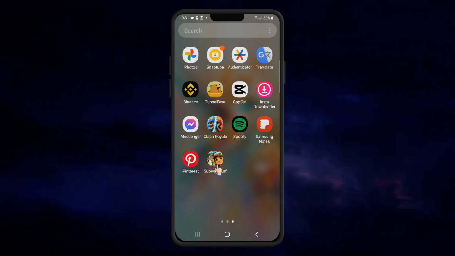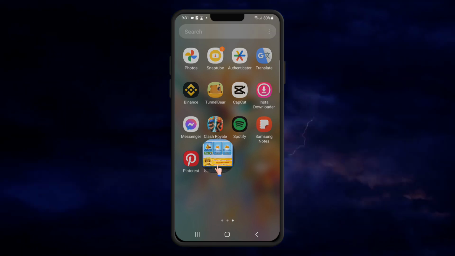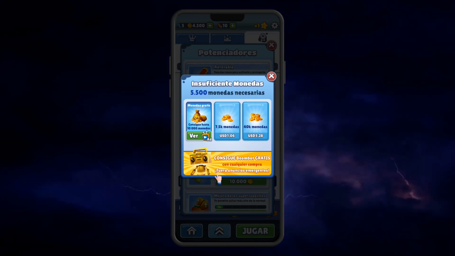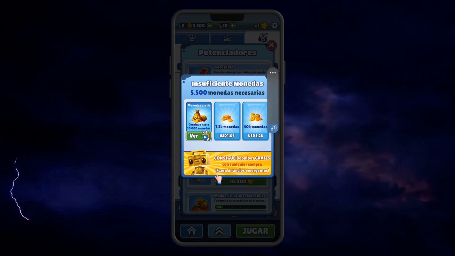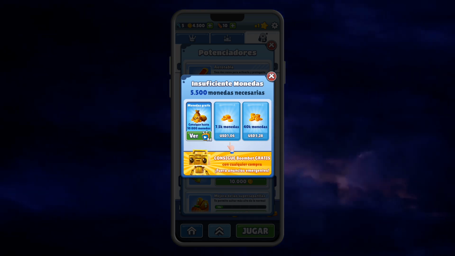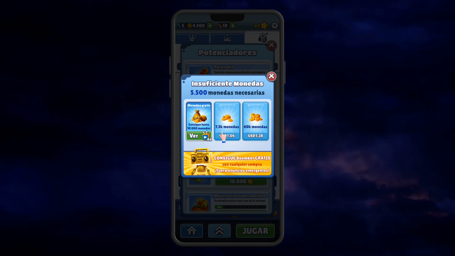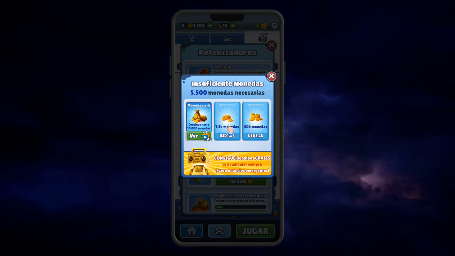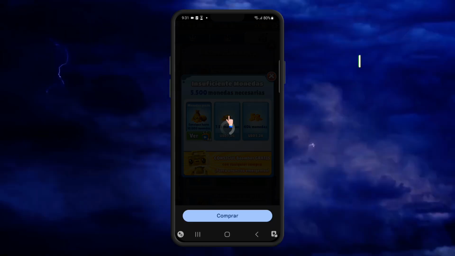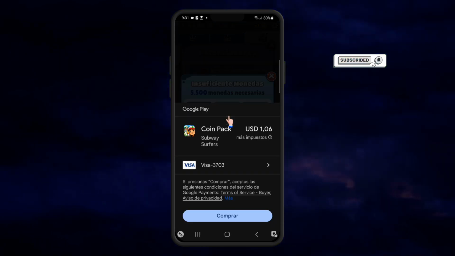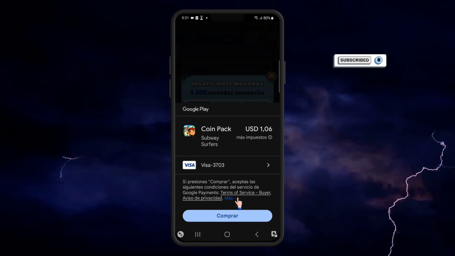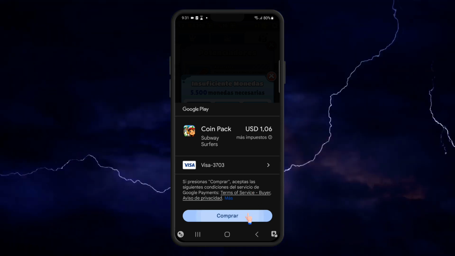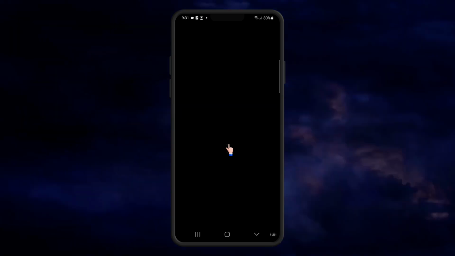In this case, I want to buy, lower the volume, and I want to buy 700 coins, $1, and we will see our Visa payment method is directly added to this email. Okay, email is here,